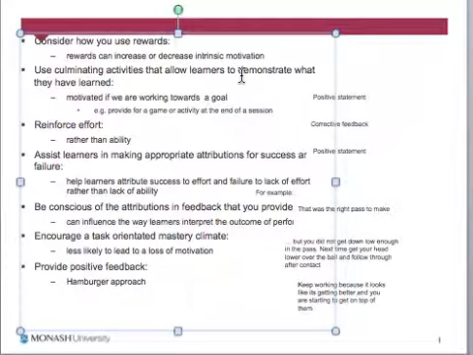Culminating activities. Let the learners demonstrate what they've shown. So I always try and finish an activity with a show me, tell me. Tell me what you learnt, show me what you learnt. Let's see that, but don't do it in a way that's competitive or pits one against the other. It's about what did you achieve as an individual? What did we develop as a result of that class?